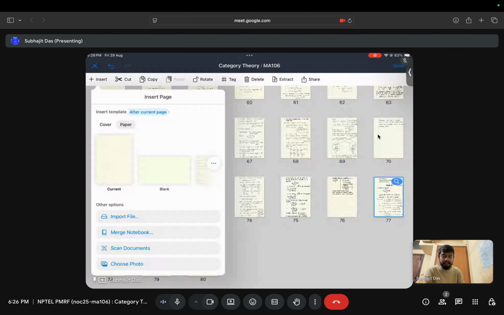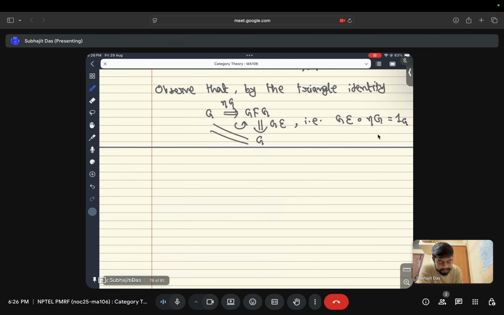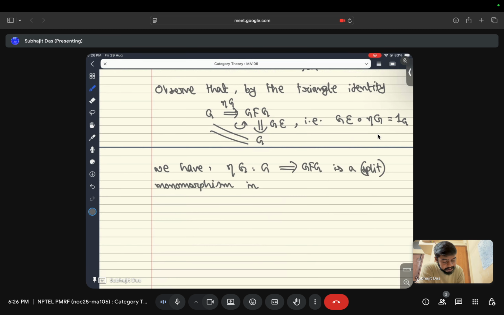So let me add a page quickly. We have eta G. Let's write the direction of eta G. Eta G is from G into GFG, the unit of that adjunction. Eta G, natural transformation, where eta is the unit of that adjunction, is a split monomorphism in the functor category B2A,